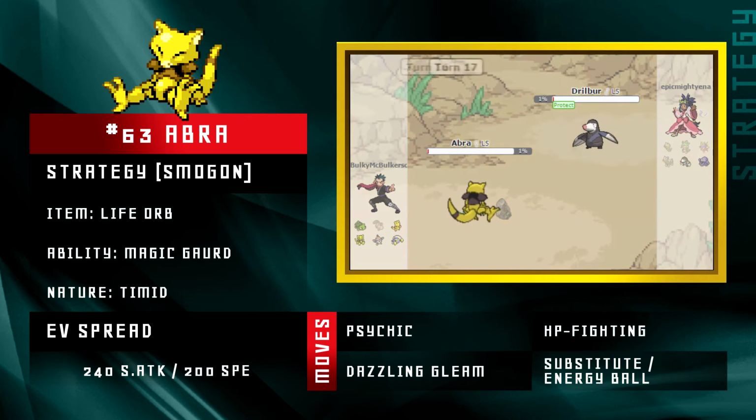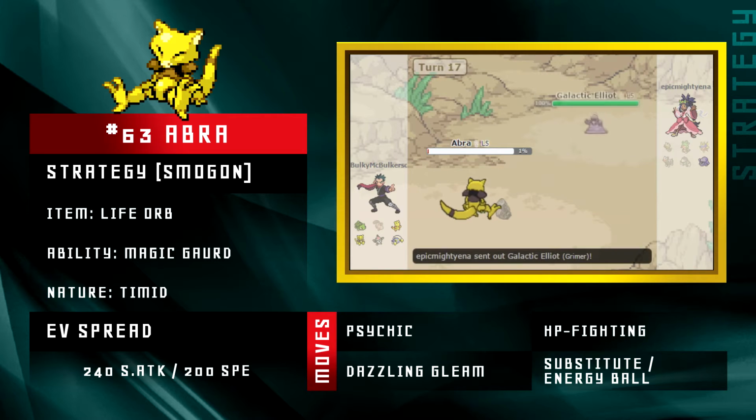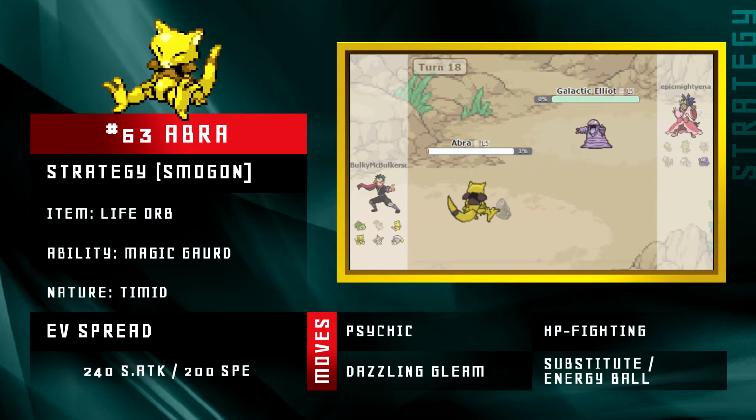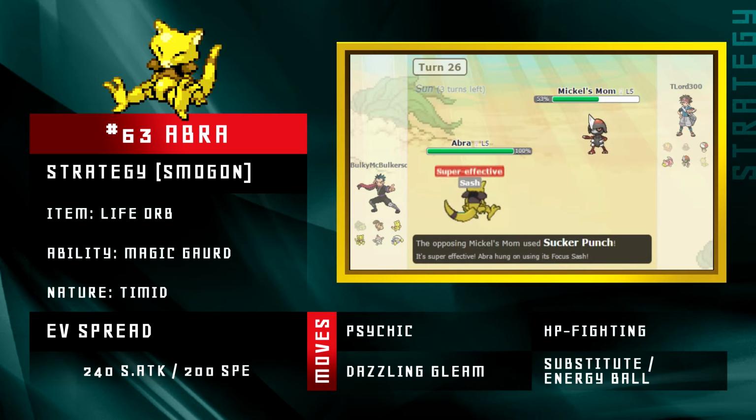So actually this set might be Substitute. So yeah, okay, this set might actually be Substitute. So I'll leave it alone, but the previous set is supposed to be Protect, not Substitute, because you need to stop fake out users. But okay, this set is a Life Orb set with Abra to take advantage of its